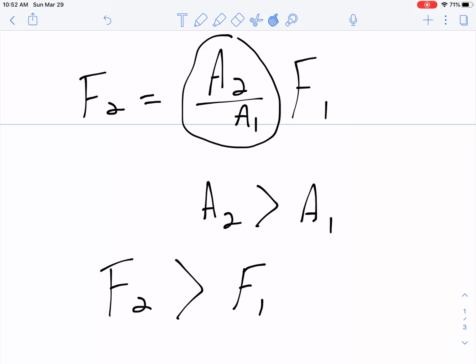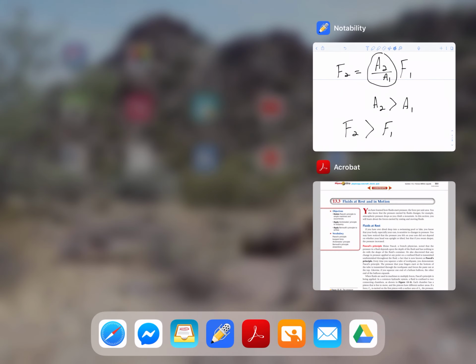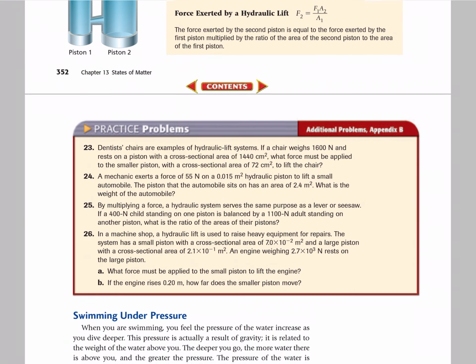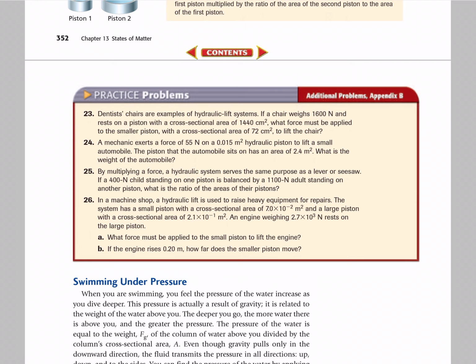All right, let's go to a practice problem and see what we can do with this. Practice problem, page 353. Practice problem 23 I'll do right now. The problem says, dentists' chairs are examples of hydraulic lift systems. If a chair weighs 1,600 newtons and rests on a piston with a cross-sectional area of 1,440 centimeters squared, what force must be applied to the smaller piston, which would have a cross-sectional area of 72 square centimeters, to lift